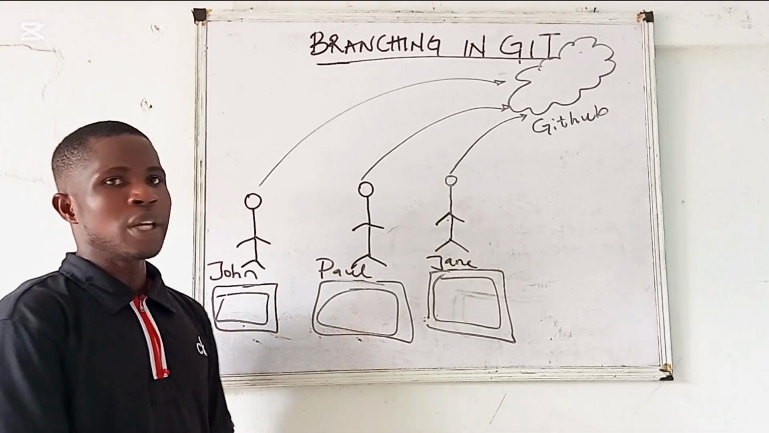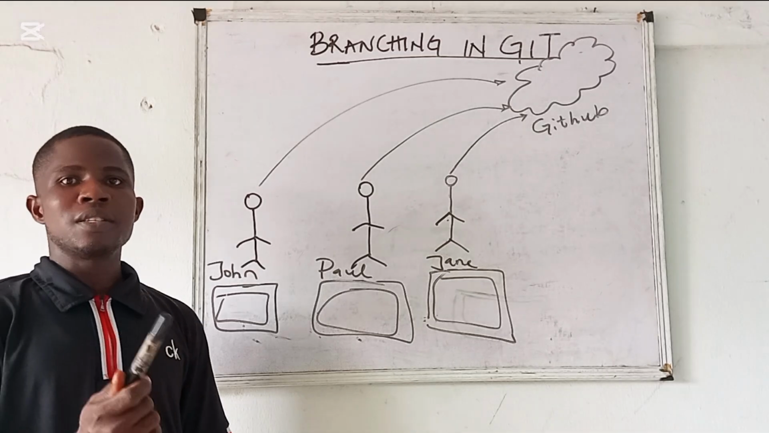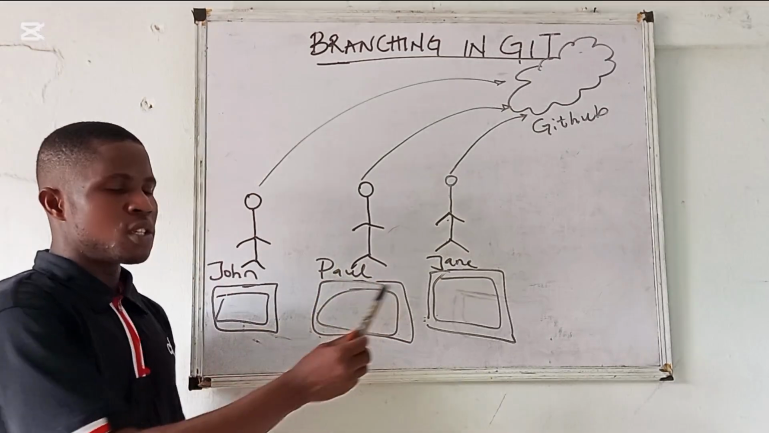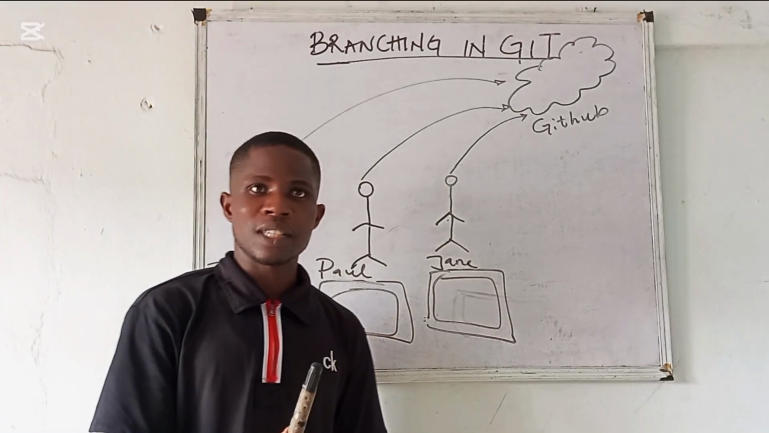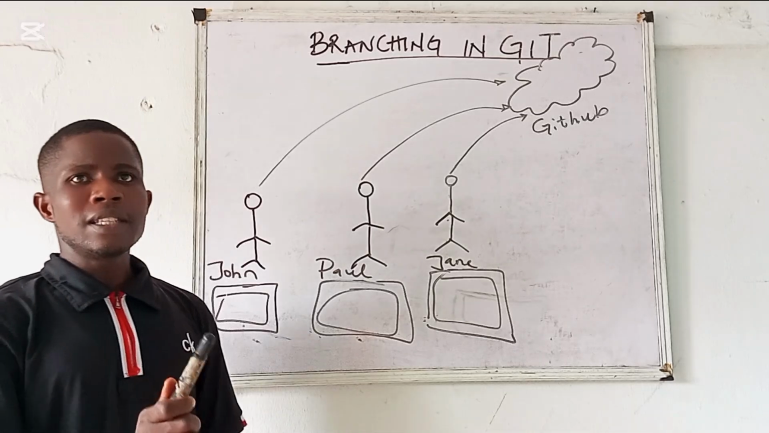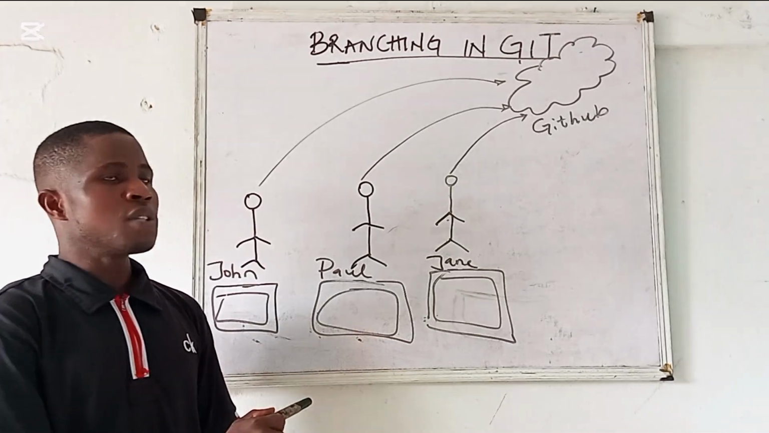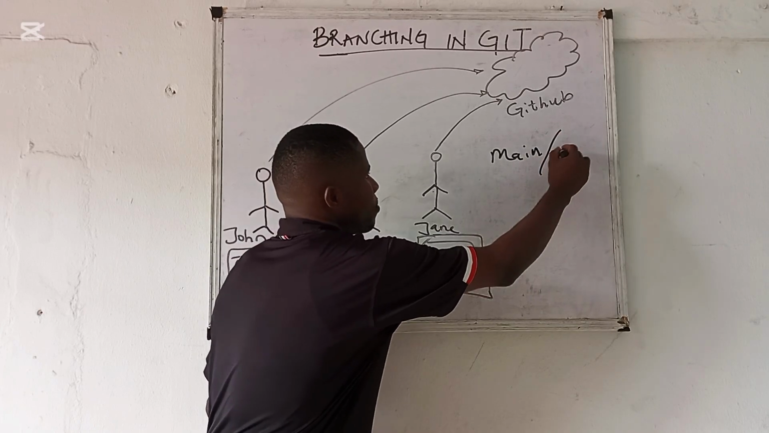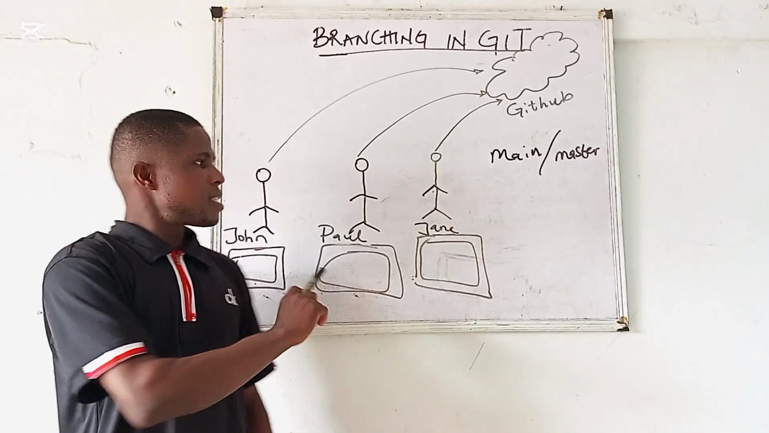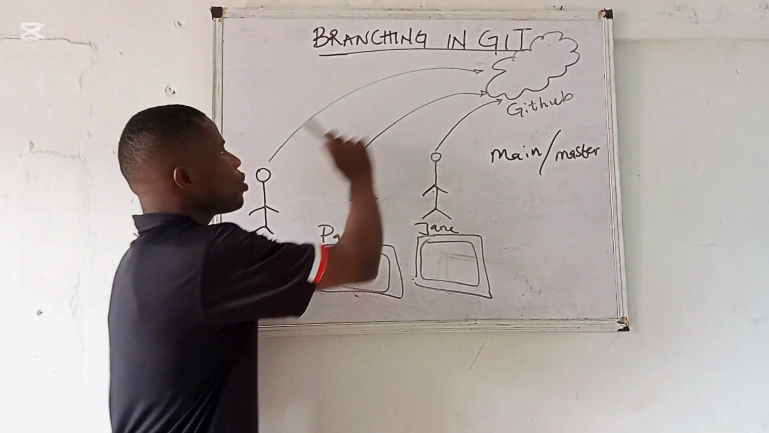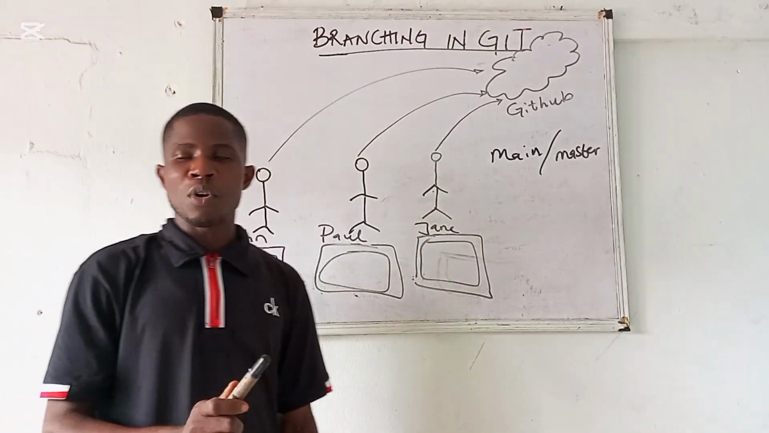That is where branching in Git comes in. A branch is simply a version of the repository that diverges from the main branch. What we are talking about is that in Git, the default branch is called the main or the master branch. When these three individuals are working together, rather than push their code at the same time to GitHub,